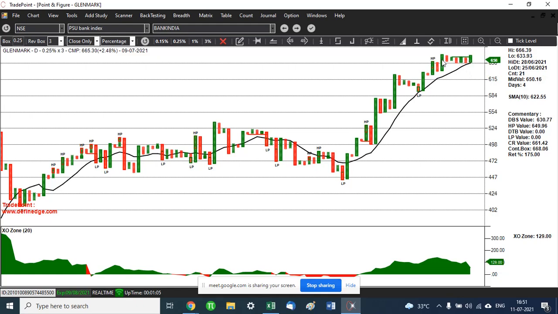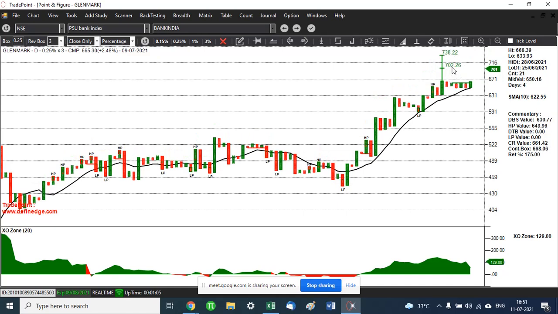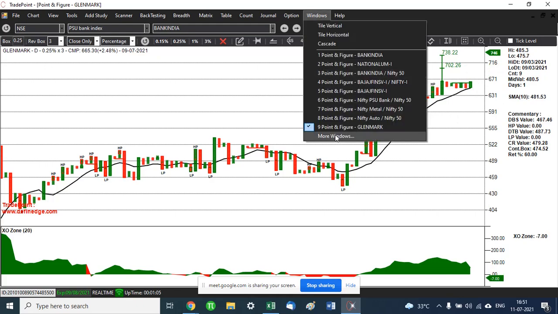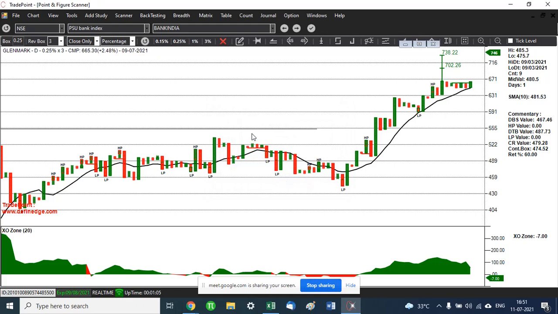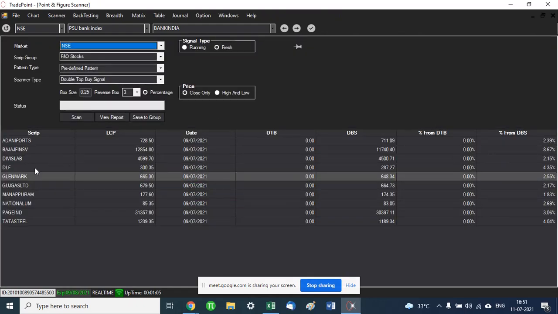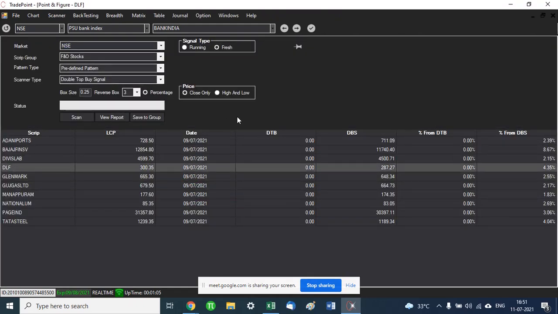Here we have an anchor column. We can plot the target. We're getting a first target of this, second target of this with a triple top buy. So we enter this trade with a stop loss of 651.5, or we can take the double bottom sell value as a stop loss, which is 648. So this is kind of giving us an easy trade here. Similarly, these are all day end scanners that we can run to know which are the stocks that are looking good. So we look at DLF.